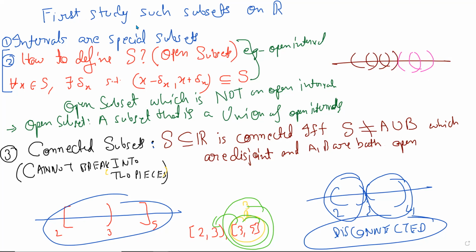Initially, the way I was trying to motivate it is that if you have a point, let's say this yellow point inside the pink part, then that is truly inside it. Which means that the yellow point is not the limit point. It's not the limit of any sequence which is in the brown part. Which means that there is a neighborhood around that yellow point which is inside this pink part,